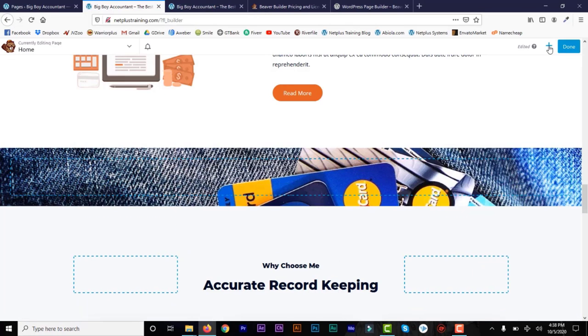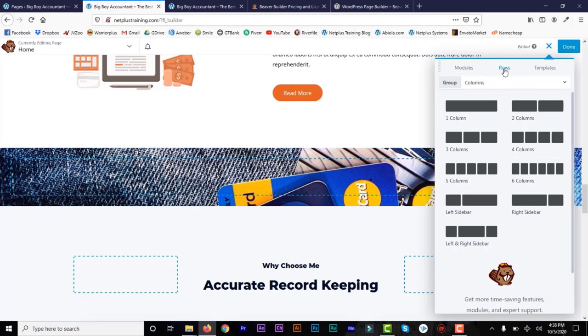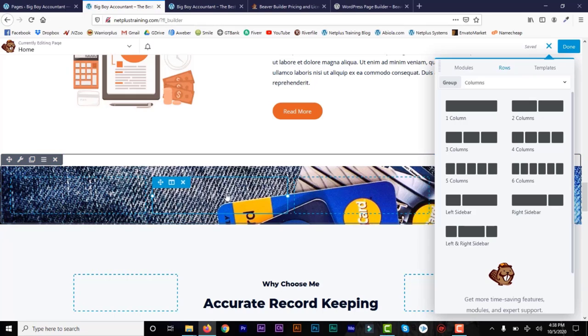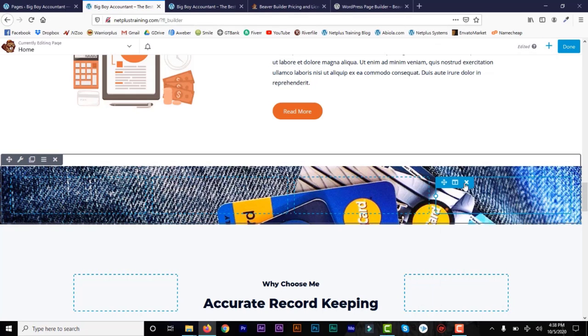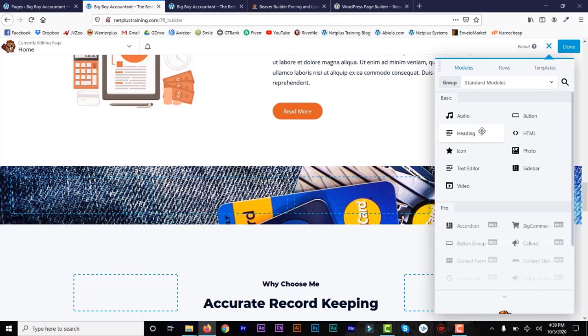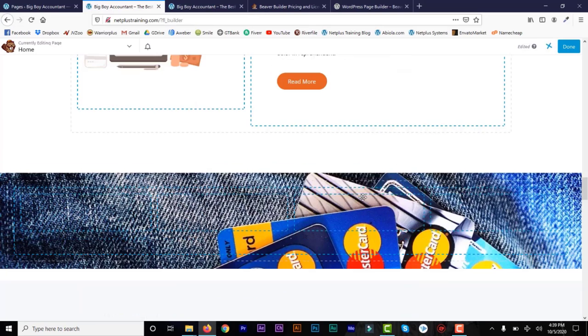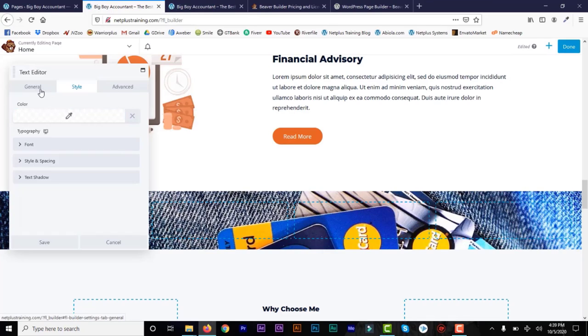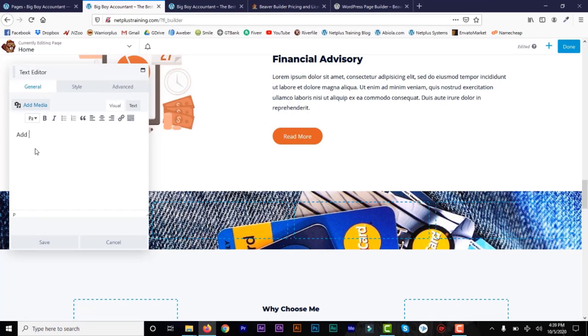add rows and columns and elements. So we have a 3-column within that section, so we can drag. So let's add a 4-column to that on top of that background image, and we can drag elements on each column. So now let's go to modules and let's find heading. Let's add heading or text editor. Any of the two, drag it and put it in the 3rd column, and you can change the text or add some text,